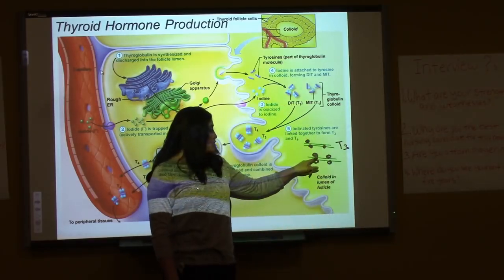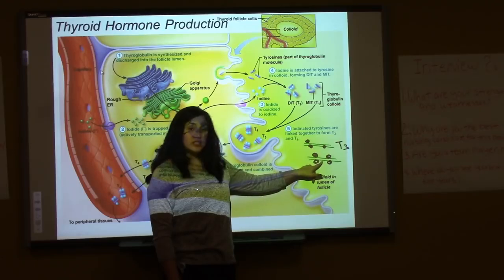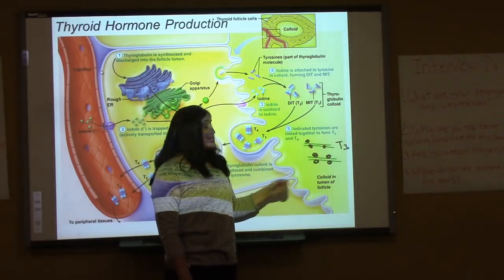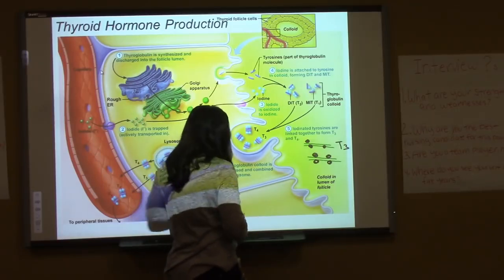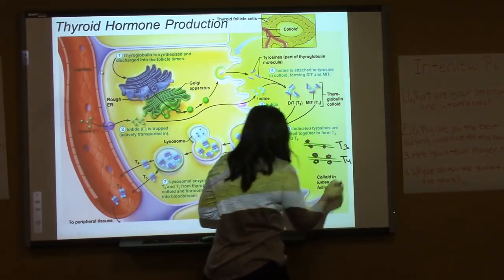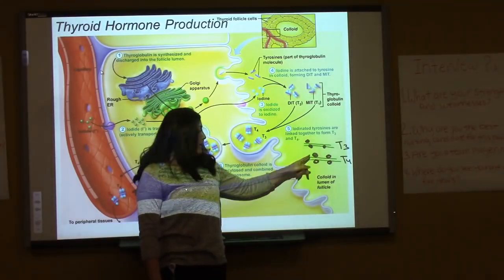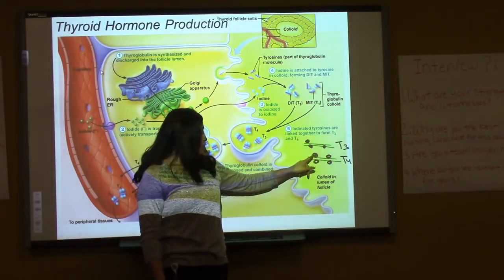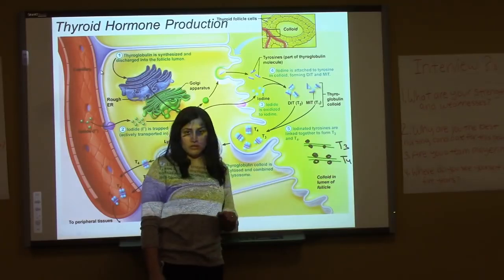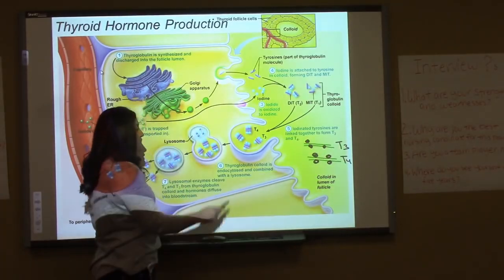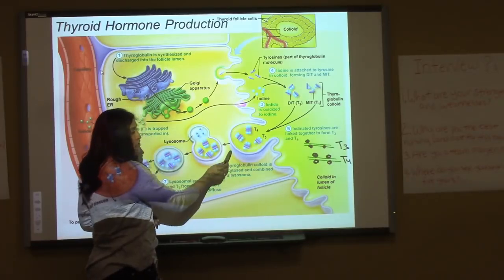Now, when 2 DITs, so here's one DIT, here's another DIT, come together, it basically makes T4. Why is this T4? Where does the 4 come from? It's because it has 4 iodine molecules. 1, 2, 3, 4. So now, once you have produced T3, T4, the next step is the hormones are endocytosed